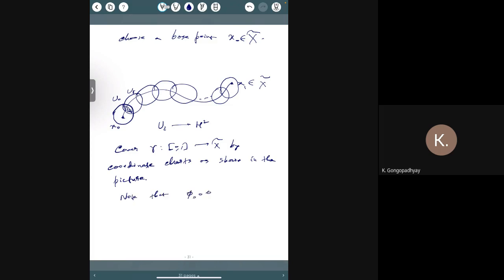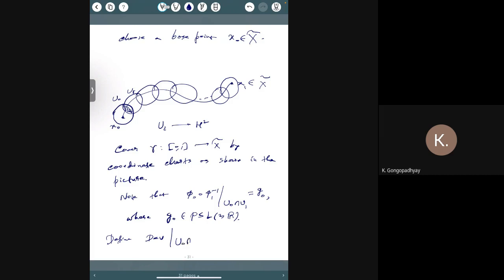phi naught compose phi 1 inverse restricted to u0 intersection e1. That is some element g0 in PSL2R, where G0 belongs to PSL2R. Okay, now you define the developing map to